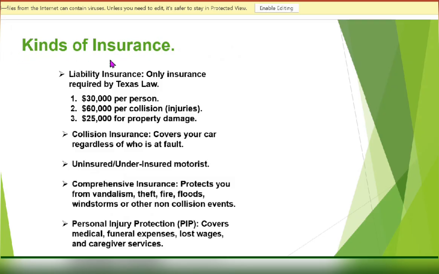Kinds of insurance. Liability insurance, the only insurance required by Texas law: $30,000 per person, $60,000 per collision for injuries, $25,000 for property damage. Collision insurance covers your car regardless of who is at fault. Uninsured/underinsured motorist. Comprehensive insurance protects you from vandalism, theft, fire, floods, windstorms, or other non-collision events. Personal injury protection, PIP, covers medical, funeral expenses, lost wages, and